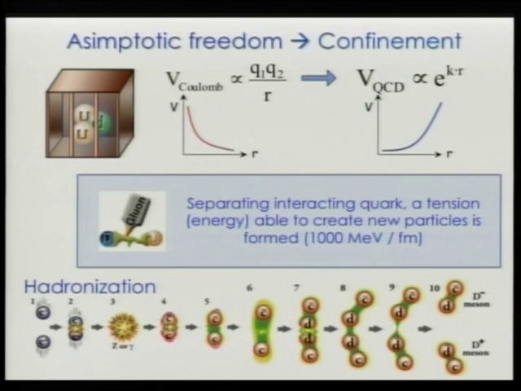They separate from each other, but here the tension is really strong. At a certain point, this tension has the energy to produce a D and anti-D, for instance. And this D and anti-D, they separate. This tension is not able to produce any force because now the energy is low. And these two quarks come together and produce two new particles, for instance, a D minus and D plus. So this is called hadronization.